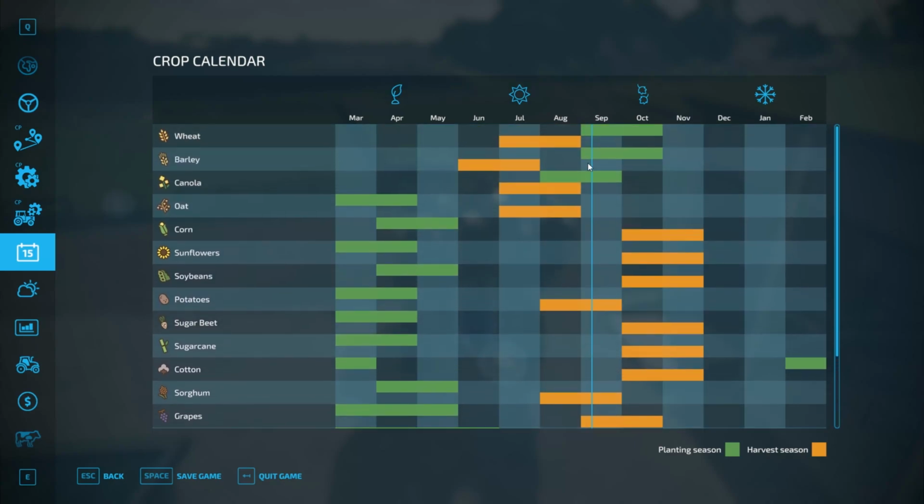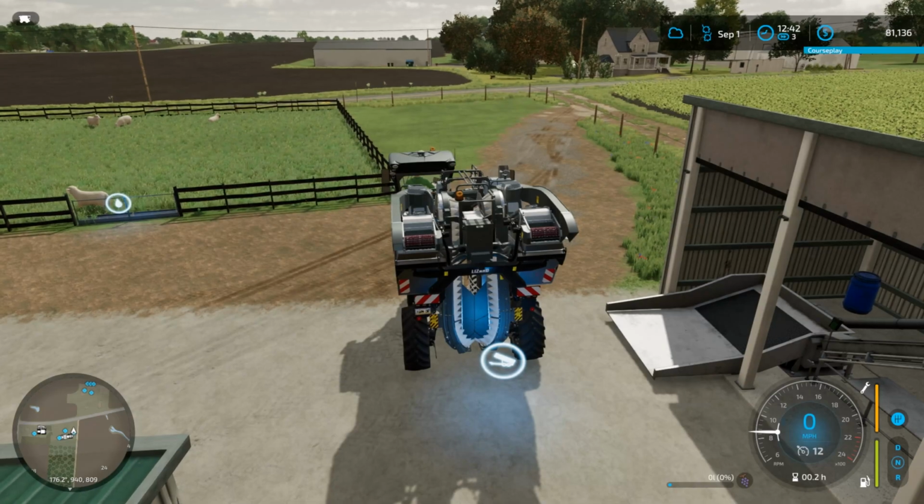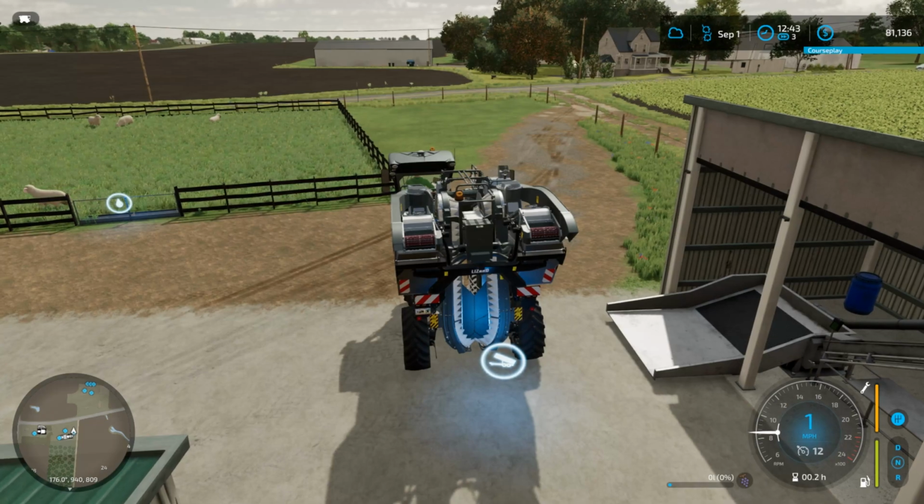month. Today is also the day we need to put barley into fields 16 and 12. So we actually need to cultivate field 12 very soon. That is one of the barley fields. And then we've got corn in fields 15 and 17. And then 13 and 14 will be soybeans as well, but that's not until April. So another one today is barley, but that is going. Raisins are being produced. The only thing we need to do is really kind of save up for this cereal